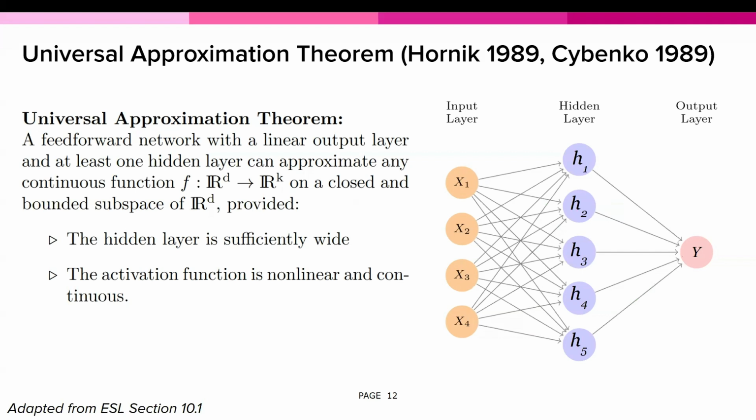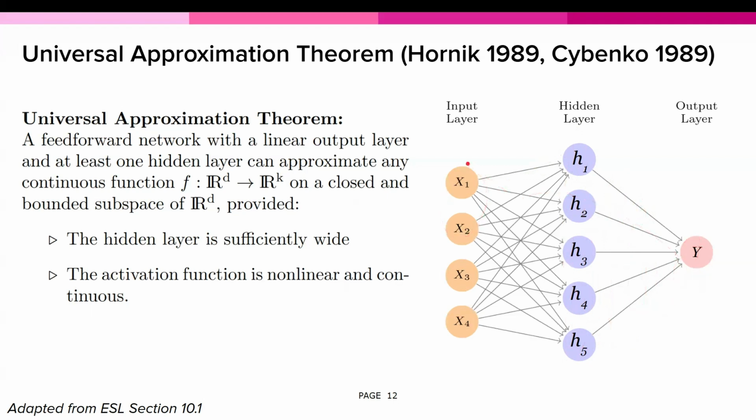It turns out that this model that we just talked about, where we take the input features, do a projection into a set of hidden units, apply some nonlinearity, and then simply learn a weighted combination of those to get our outputs,